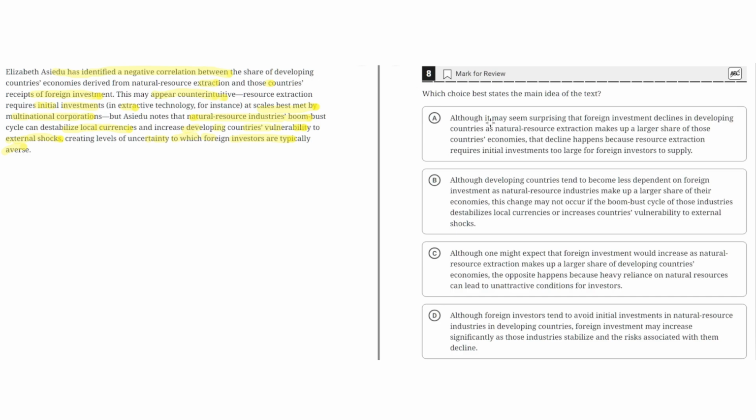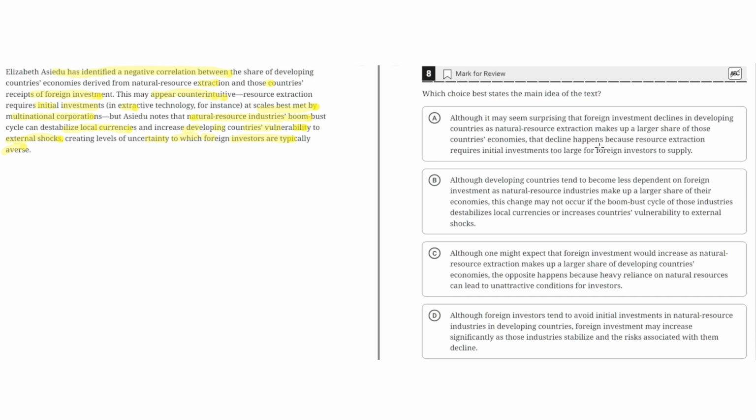Choice A says, although it may seem surprising that foreign investment declines in developing countries as natural resource extraction makes up a larger share of those countries' economies, that decline happens because resource extraction requires initial investments too large for foreign investors to supply. So although this first part of the sentence is correct, where it highlights the counterintuitive idea where developing countries with high natural resource extraction have lower foreign investment, the reasoning behind why this occurs is incorrect,